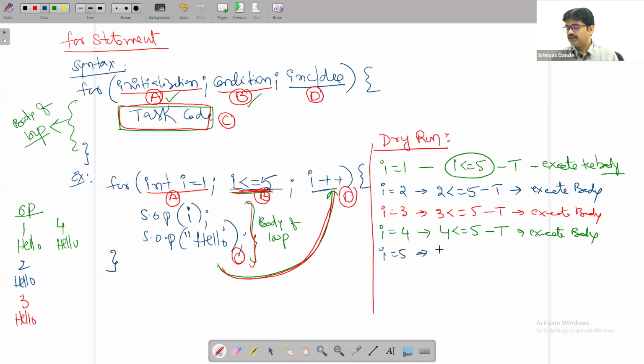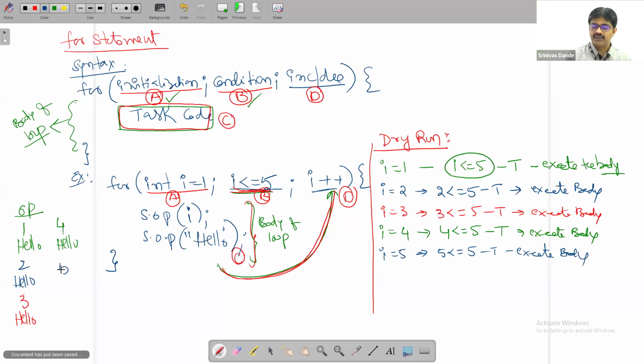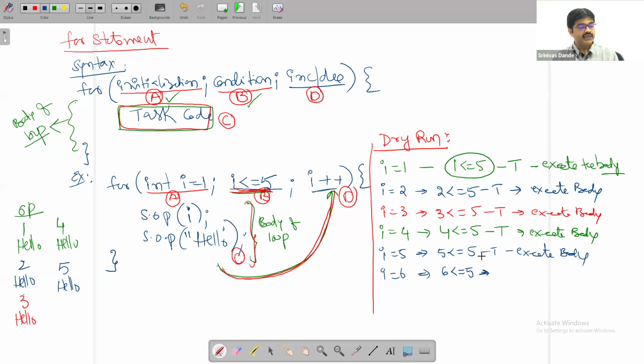And then the condition is 5 less than or equals to 5, which is true. True means execute the body. Now, executing the body, what is the i value? 5. Print i is 5. Then print hello. Then increase the i value. i equals to 6. Now the condition is 6 less than or equals to 5, which is